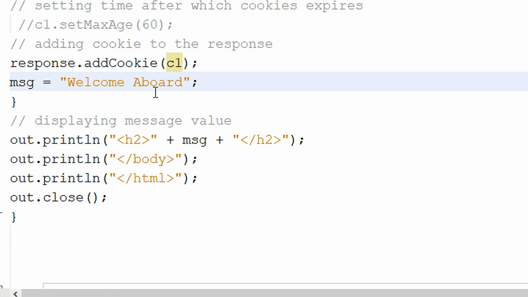And we print the message welcome aboard, meaning welcome newcomer. After this, by using the PrintWriter object out, we print this message welcome aboard and close the body and HTML tags. And finally we close the out object.